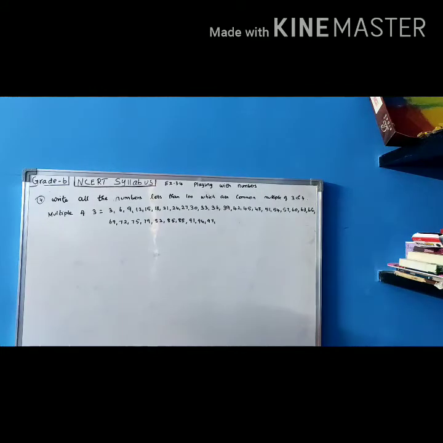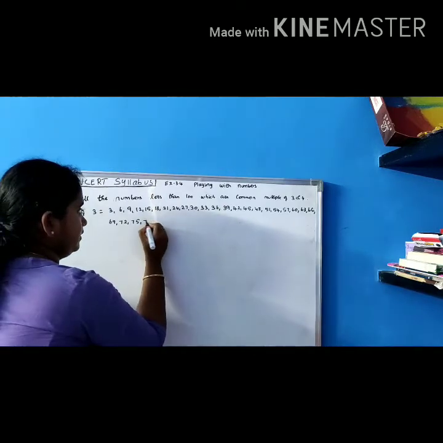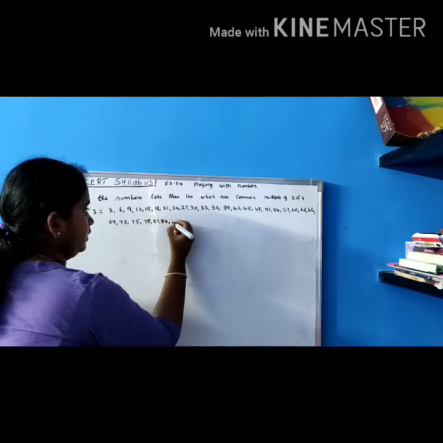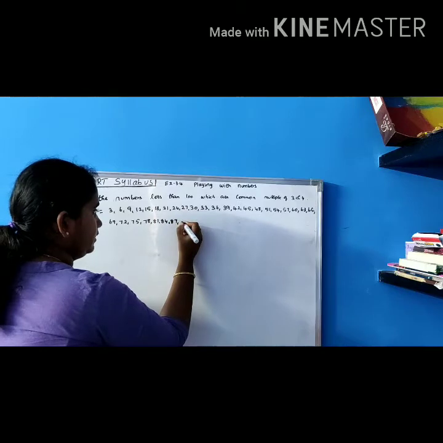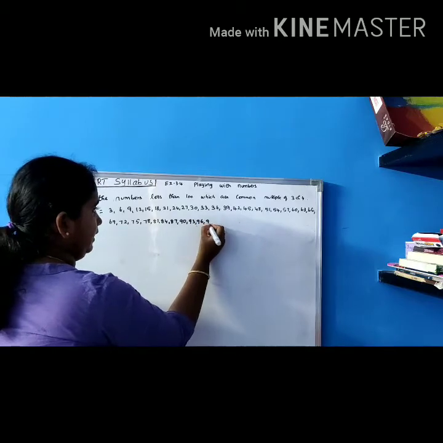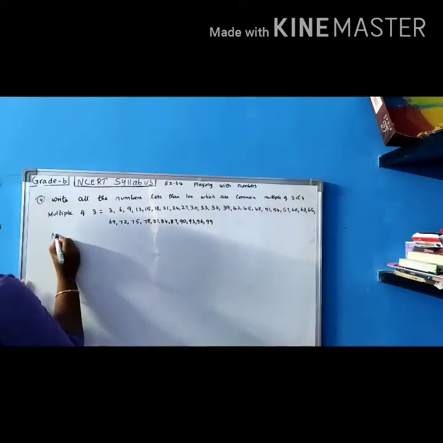Wait a minute, let me check. Up to 72, 75. After 75, it's wrong. After 75 comes 78, 81, 84, 87, 90, 93, 96, 99. Okay, let me check. Okay, it's correct. Now we will write the multiples of